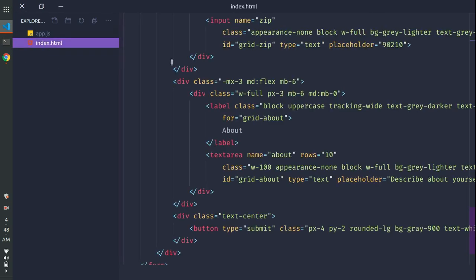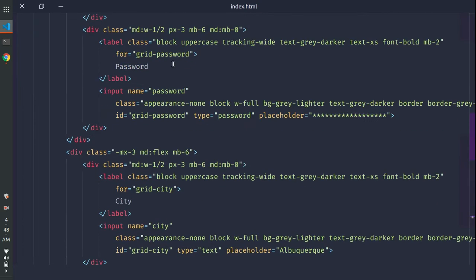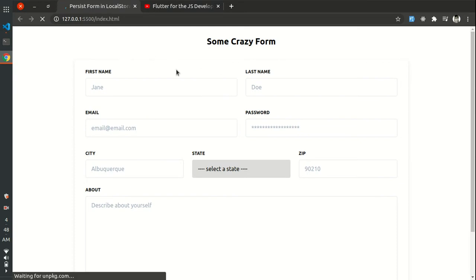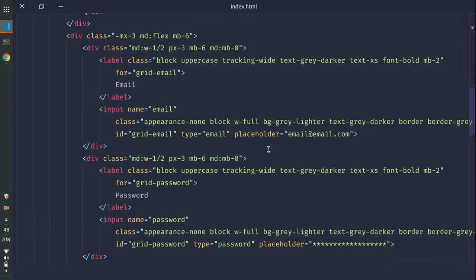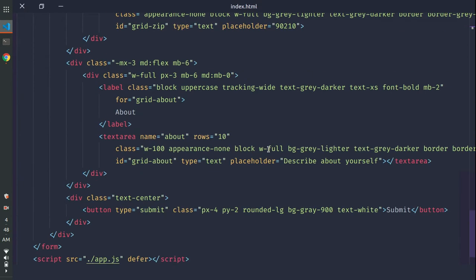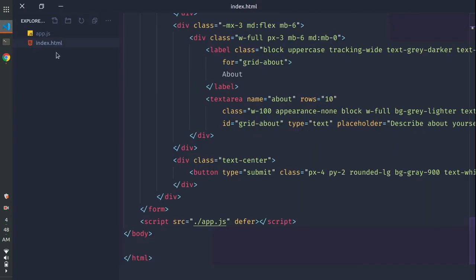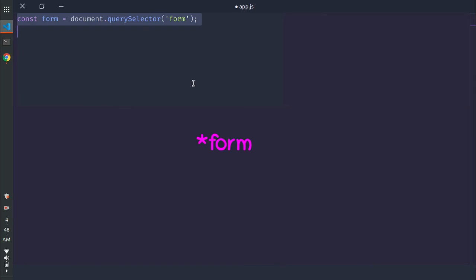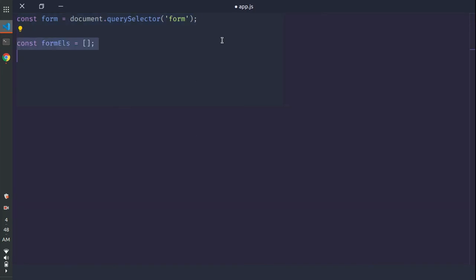and in the index.html file, we will create a simple form and style it using Tailwind CSS. Since this video is not about how to style a form using Tailwind CSS, we'll move to the JavaScript file, and in the JavaScript file, initially we'll grab the form from the DOM,